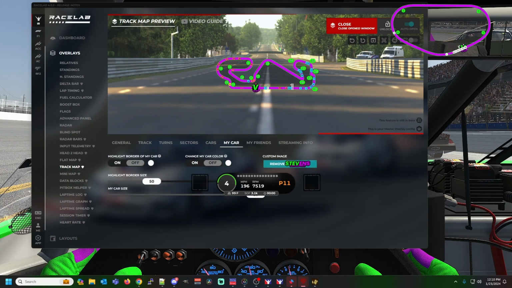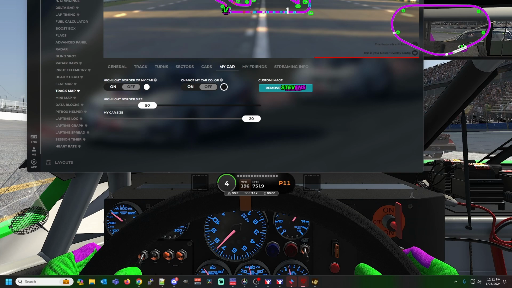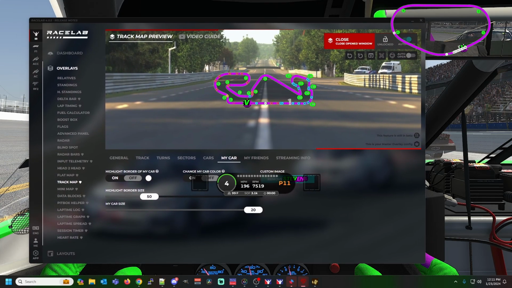I'm still in the process of figuring out the custom image. As you can see here in the upper right corner, my image isn't exactly right yet. I'm working on that. But you can change the colors as far as that goes. Like we could change this to just flat out black. It'll let me. And it's probably not going to update at the moment because this is a replay. But